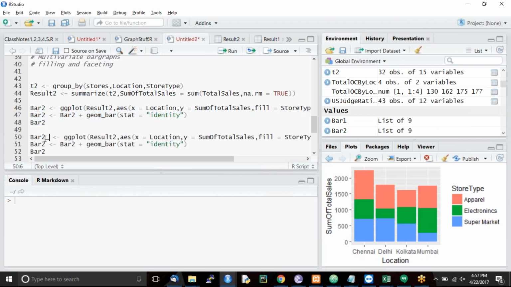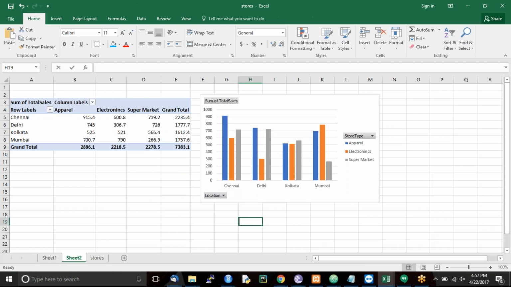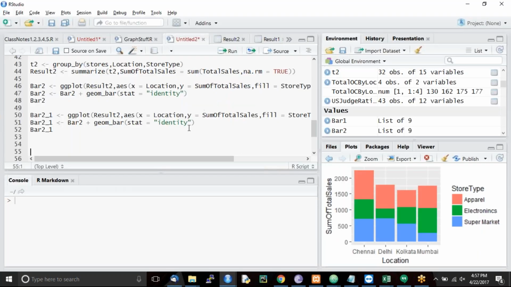Now let's do this bar 2 underscore 1. Same thing, no change, but I need a graph which I am getting in Excel, right? So this here is called a dodged bar plot. So the only change I have to make in bar 2 underscore 1 to get that kind of a graph is to change its